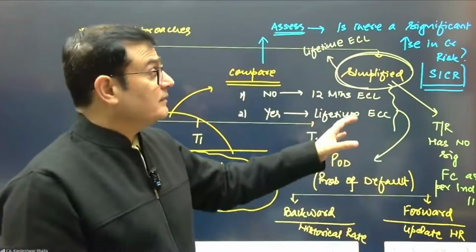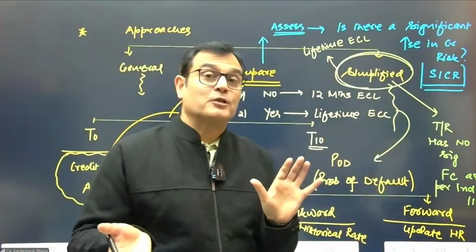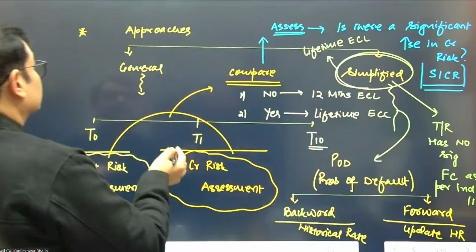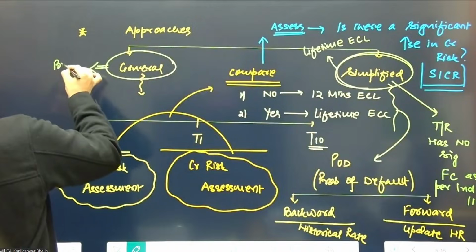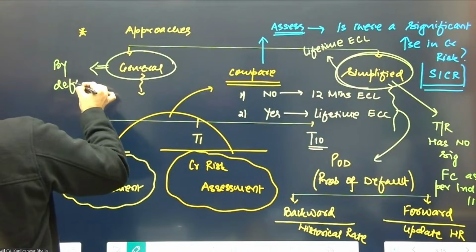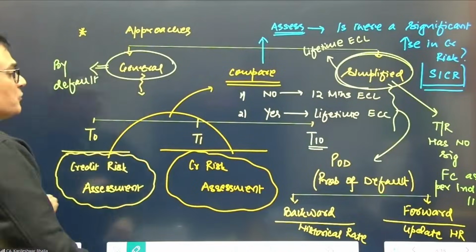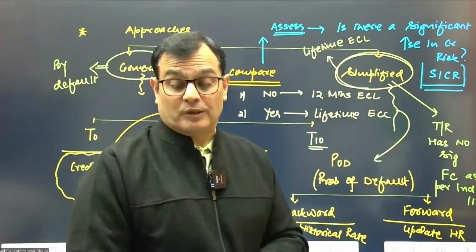So therefore, they said that this is the only approach you're going to apply to the trade receivable. So the general approach in this case is something which is applied by default. Every company will apply the general approach to all the financial assets. So let me just connect the